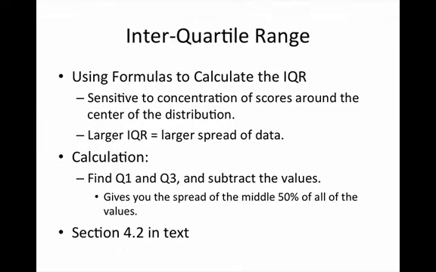A larger interquartile range is going to indicate a larger spread of data. So in order to find the interquartile range, we find quartile 1 and quartile 3 and then subtract the values. And this is going to give you the spread of scores that are in the middle 50% of all of the values. You need to look at section 4.2 in the text to help you visualize and to work with these